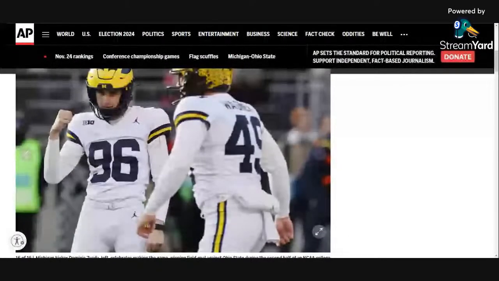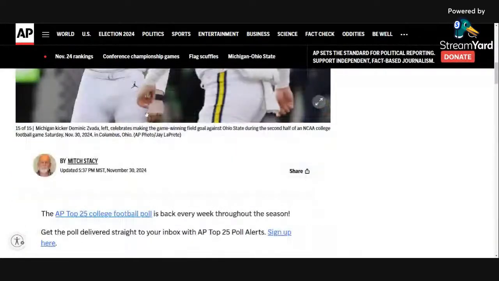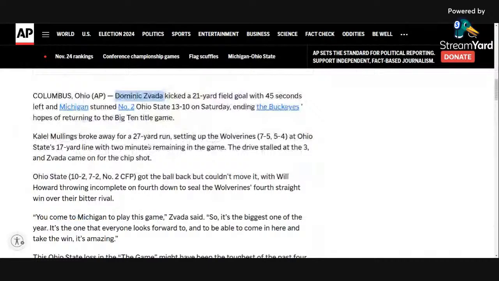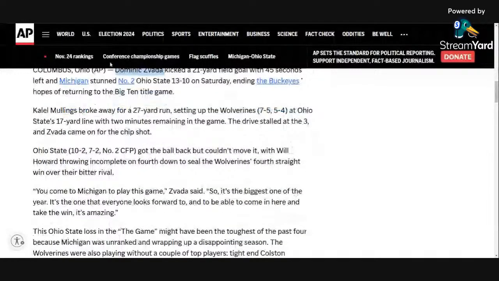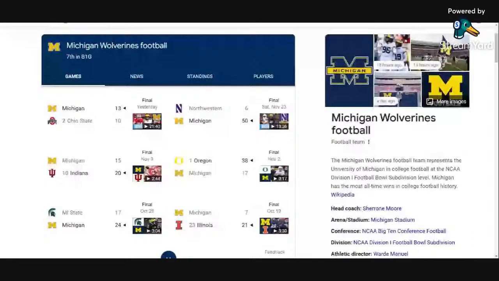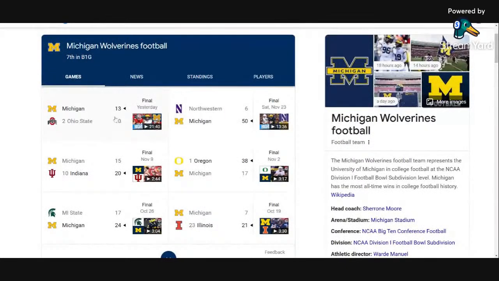Okay, I want to scan the article a little bit more just to see what else here. 27. Khalil Mullings broke away for a 27-yard run, setting up the Wolverines. Okay, now we do want to look over here. And we could probably look at the box score over here real quick. Maybe. Click it right there.